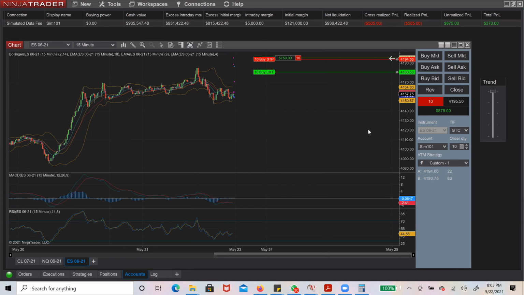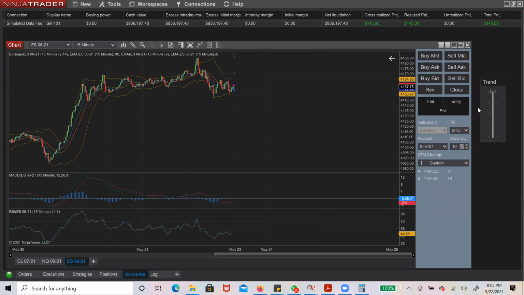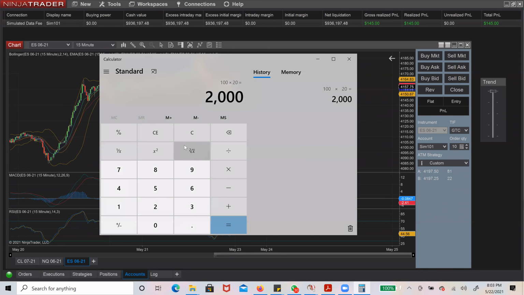If you have a 10 position of the future, or say one ES position, and ES goes down 100 points, you are losing quite a good amount of money. If you calculate that simply,